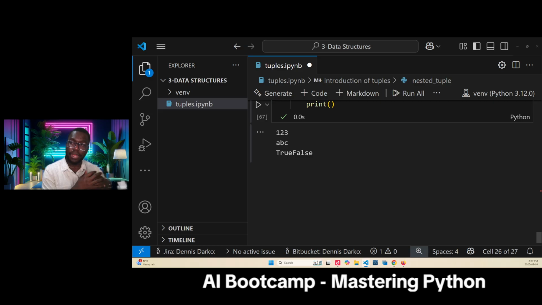When we move deeper, you guys will understand why we use tuples in certain scenarios. Take note that understanding how to leverage tuples effectively can improve the efficiency and also readability of your Python code. Take note of this, please. We are done with tuples. If you have any questions,